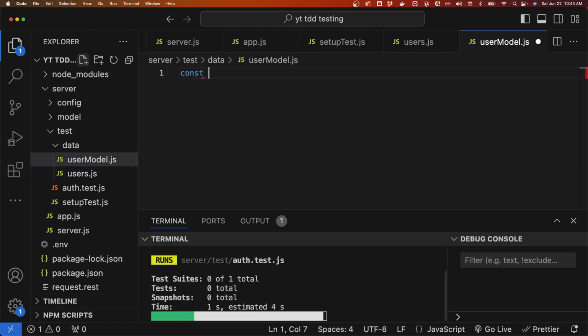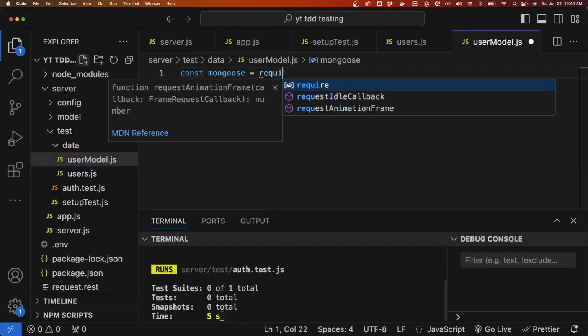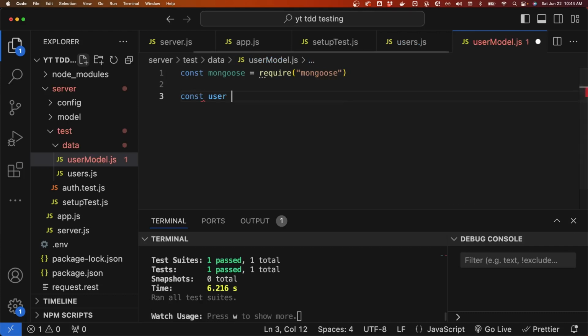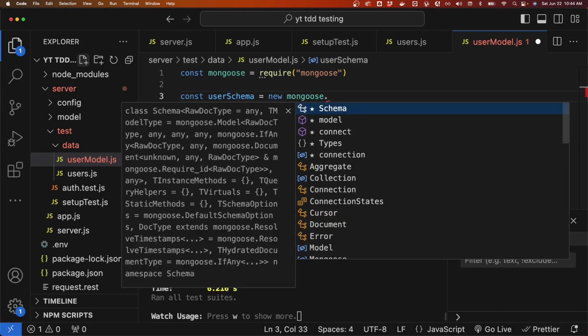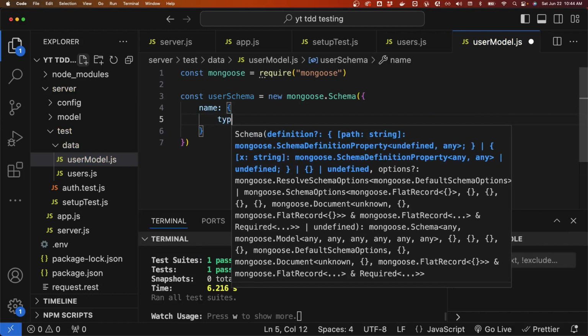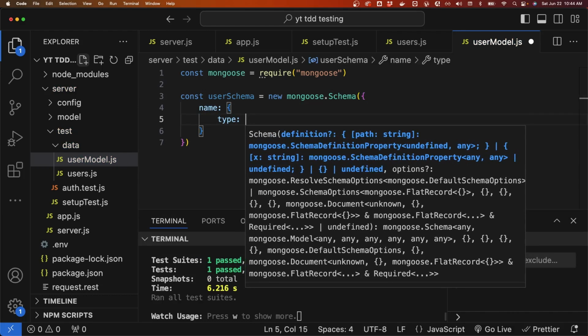So we bring in mongoose, then say user schema equals new mongoose.Schema. We want the name to be a type of string,